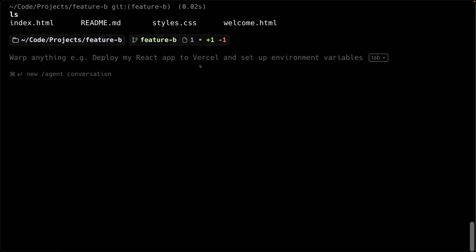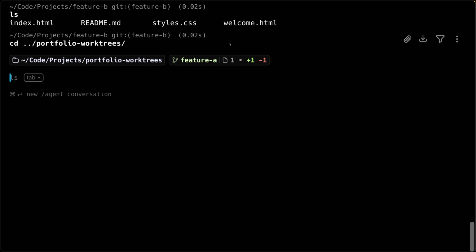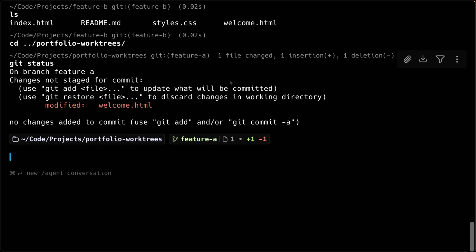To do that, I could just cd back into the default worktree by typing cd .. to come out of the directory first, then portfolio-worktrees. And when we do that, we should get switched to the feature A branch, still with those changes from before, but not the one that we just added to the feature B branch. And I can demo that by quickly running git status, and we can see that it's only the HTML change